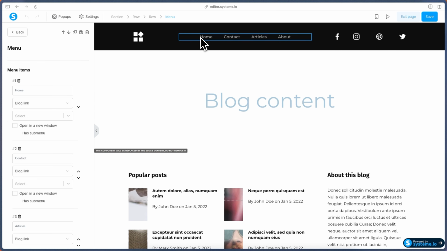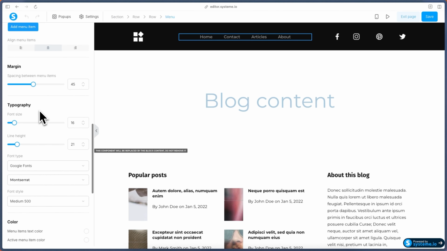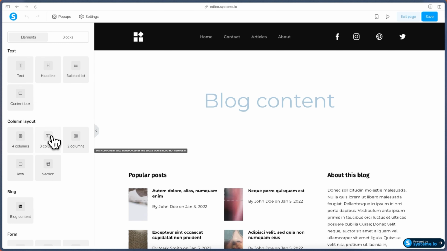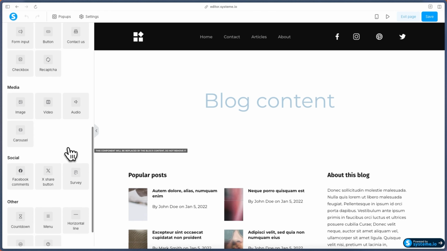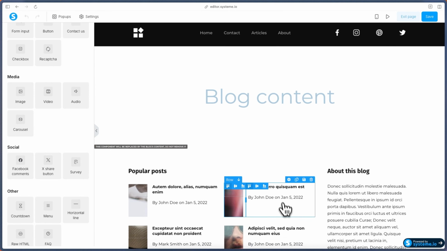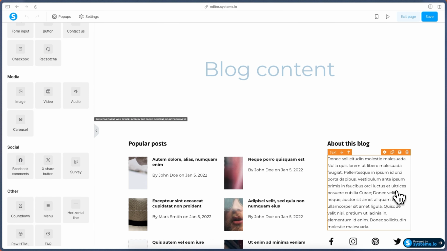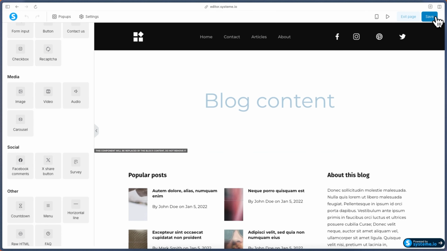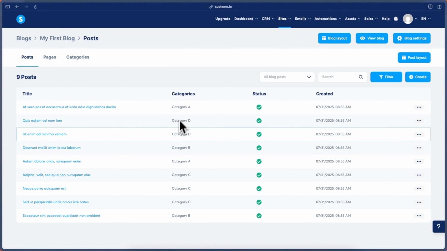So you can just click on an item and you can change them accordingly using the settings found over here on the left. Or if you want to add new ones, just look for the elements right here, and then you can drag and drop them over to the site. You can also check the mobile responsiveness by clicking on this button right here. Once we're happy with that, just click on save and then click on exit page to go back to the